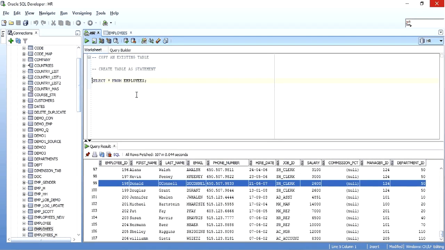So say this is a pretty important table in your database and you are going to run an update query on this table and you don't know how that update is going to go. So what you want to do is just create a copy of this table and put it in your database so that if anything goes wrong you can use this copy. Now the very simple statement is something like you have to write create table and give the table name. This will be your new table's name. So I want to give the name as say emp_copy. Then write the as keyword and then write the select statement. Now I want to copy all of employees table, so I'll write select star from employees.